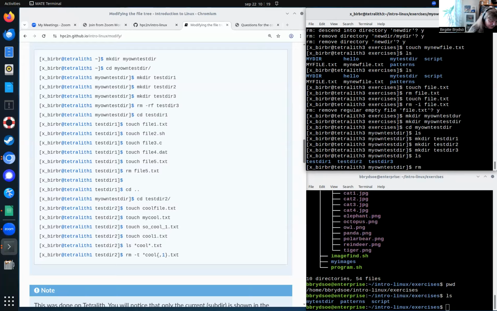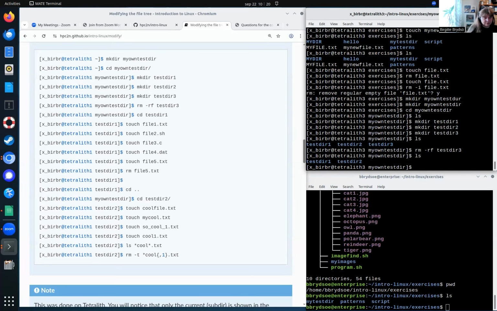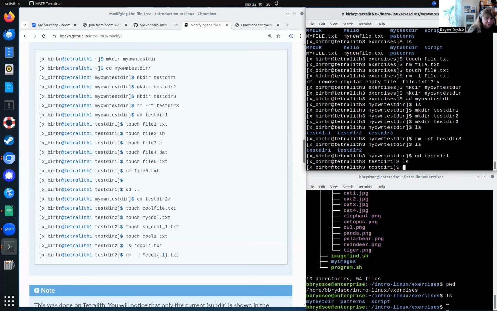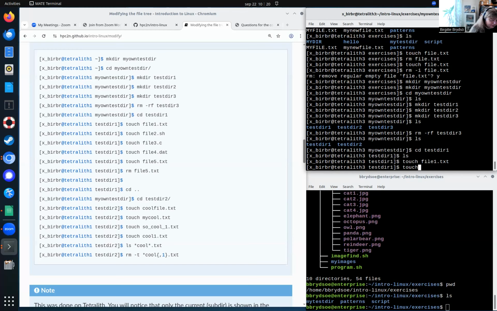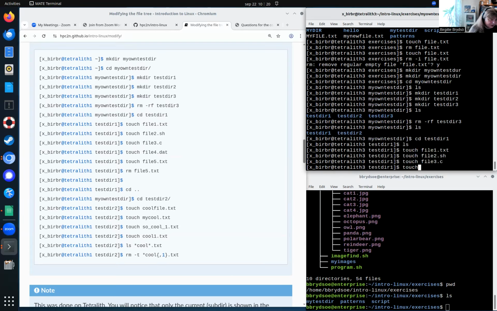Let's try and remove one of them. See, it's gone. Let me go into one of them, the test dir 1. There's nothing below it. I will create some files with touch file1.txt, touch file2.sh, touch file3.c, touch